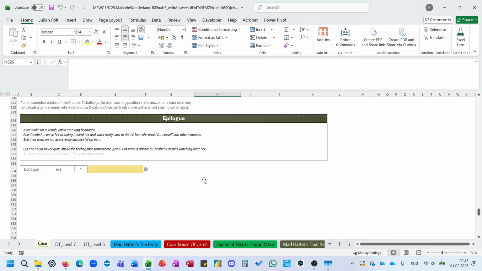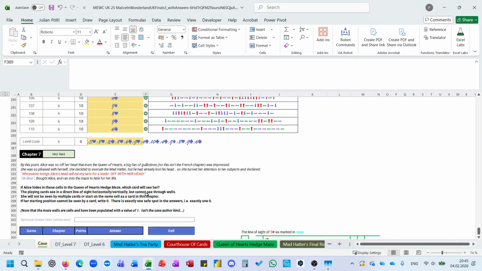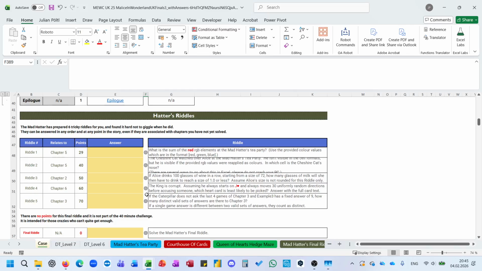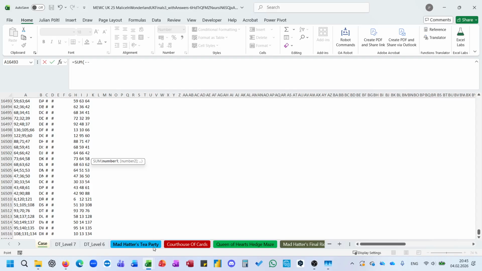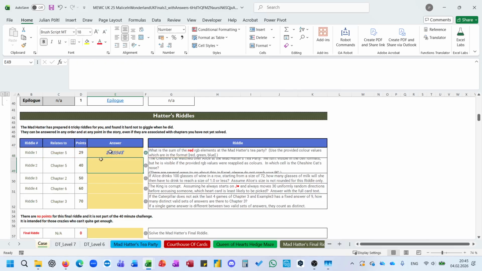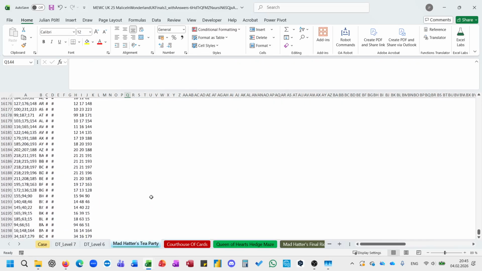Actually, let's do the epilogue. I should write far here. I hope the French pronunciation was right. So some of the red RGB elements, we actually have those RGB elements here and here. If you reapply the RGB values, then you can see the cat's nose. I currently don't have a